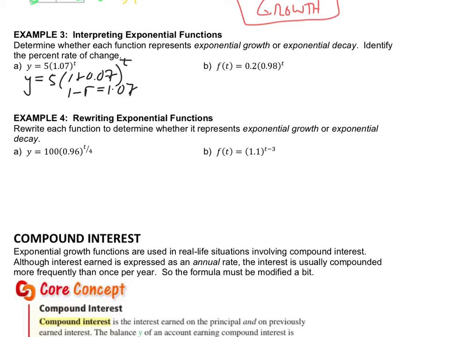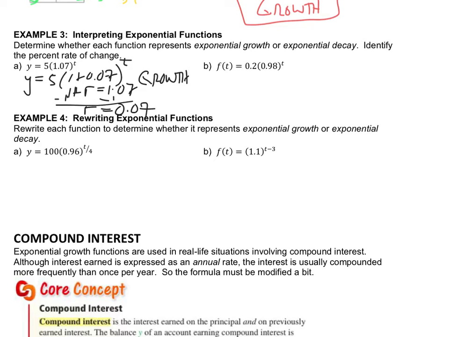Remember we talked about how this r is the 0.07. If I was to solve this, I can subtract 1 from both sides to get my r as 0.07. So first, because the 1 plus r is 1.07, it's greater than 1, I know it's a growth function,